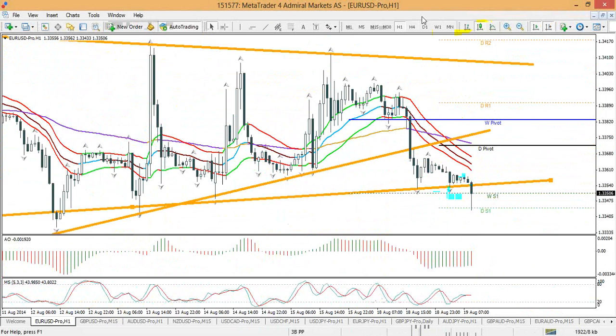So if we look then at the hourly and we see a breakout to the downside, it's certainly with the trend. So it all depends how trustable, how sustainable, how much momentum this break has. And as I already said earlier, I would probably use the 4-hour candle to see if that breakout is good. If we zoom in all the way to the 15,